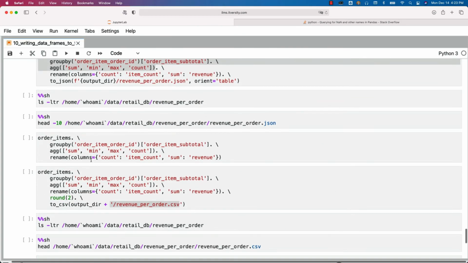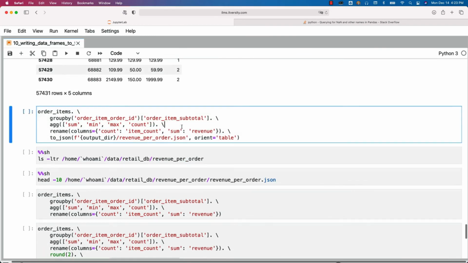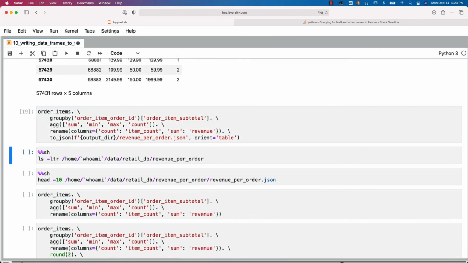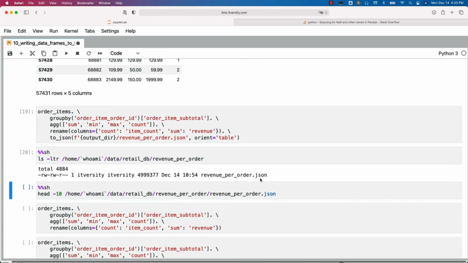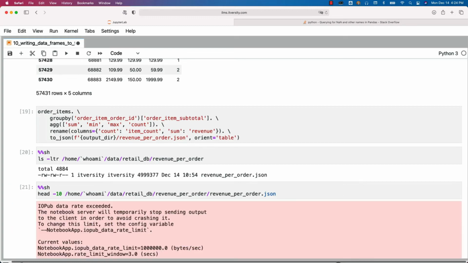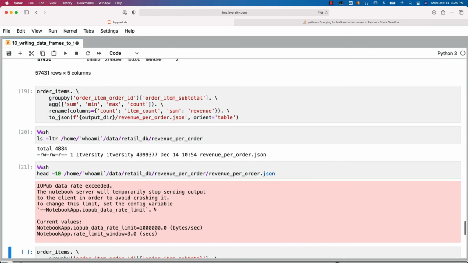You can also write to JSON if you want. In this case, first I am writing to JSON. You can actually review the location and you can see the file here. However, it will be written as one JSON document. I don't want to evaluate that JSON document because using Jupyter Notebook, it will actually throw this warning. If you want, you can actually go to the underlying file system and you should be able to review.